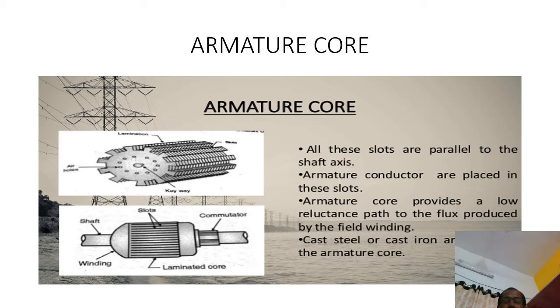Next, armature winding. You can see these are the most important. The armature winding is usually former wound. These are first wound in a form of rectangular coils and are then pulled into the proper shape. The coils are insulated from each other. The conductors are placed in the armature slots, which are lined with insulating material like paper.